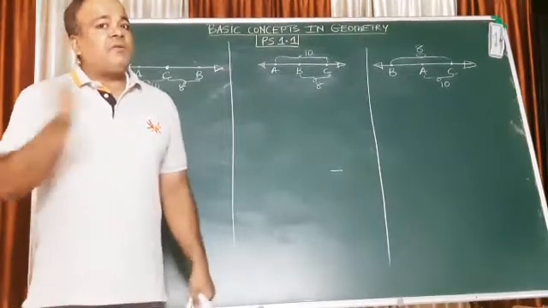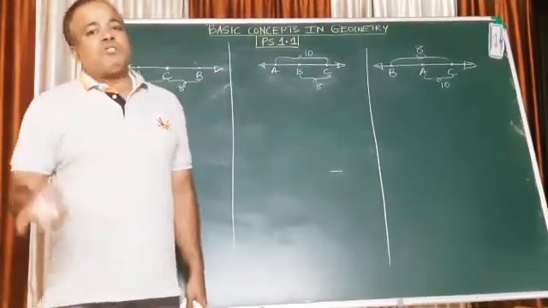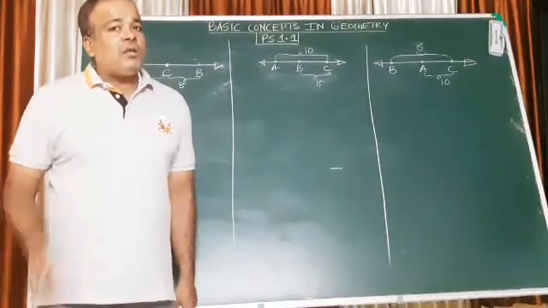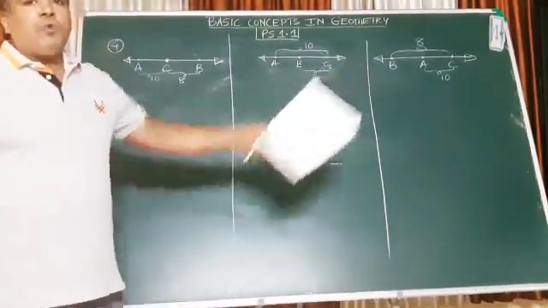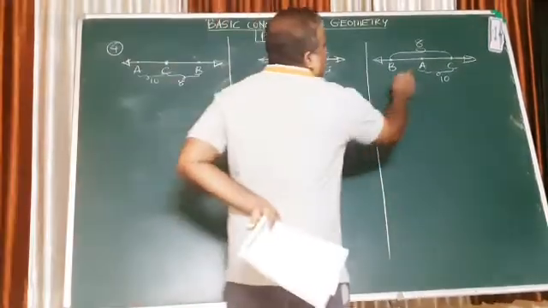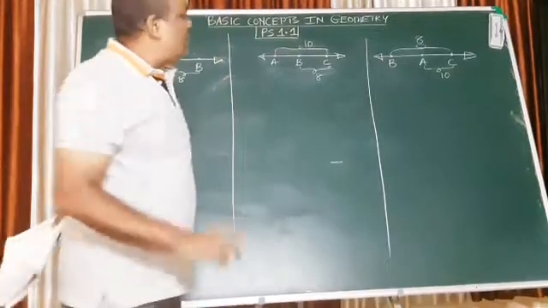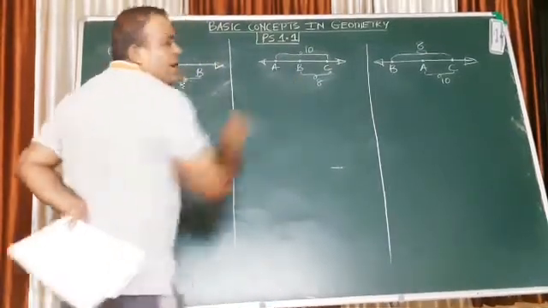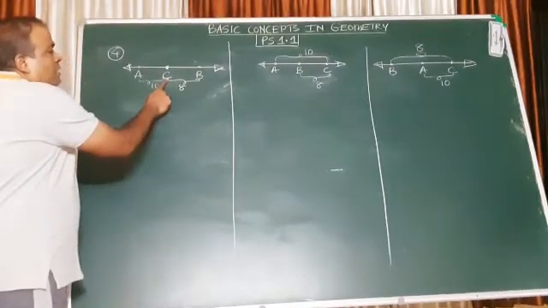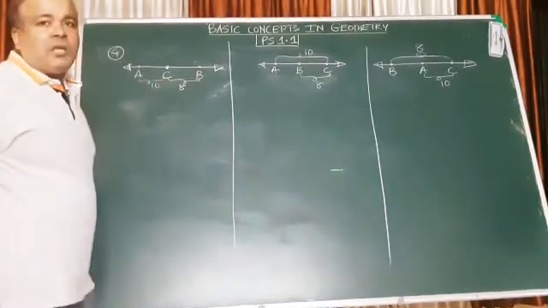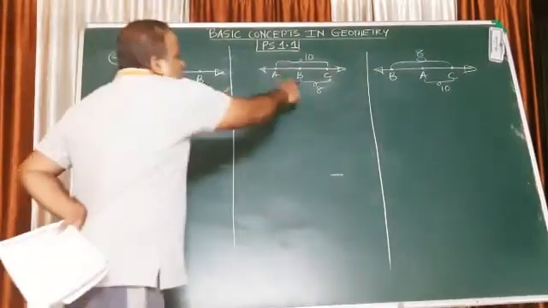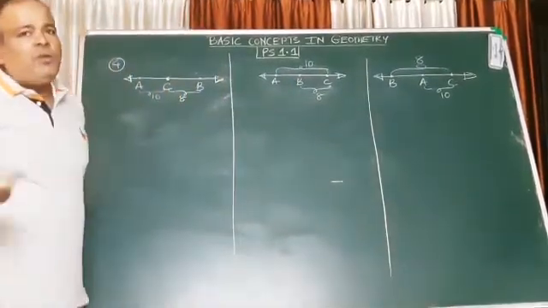So to find the distance between A and B, okay? All possibilities. Now how many possibilities can there be if 3 points are collinear? I have drawn it on the board for you. The first possibility is that A is between B and C. The second possibility is that B is between A and C. I hope you can see. And the third possibility is that C is between A and B. There are only three possibilities.